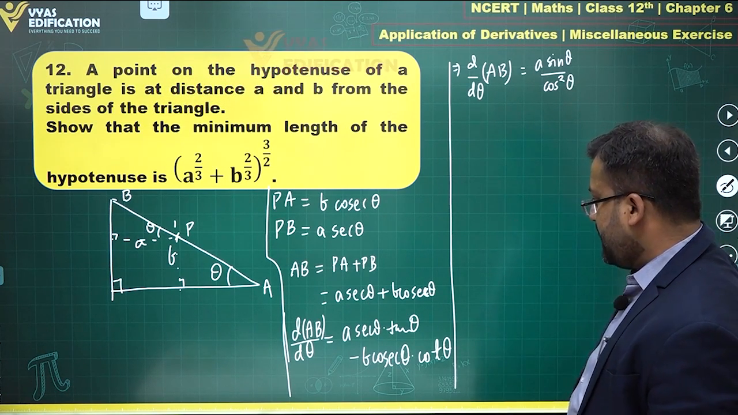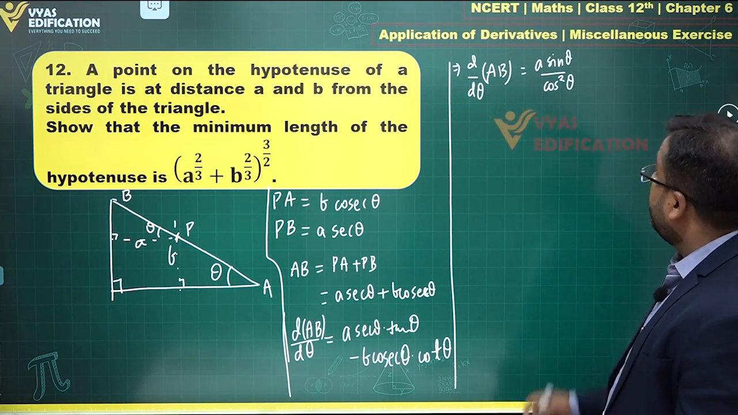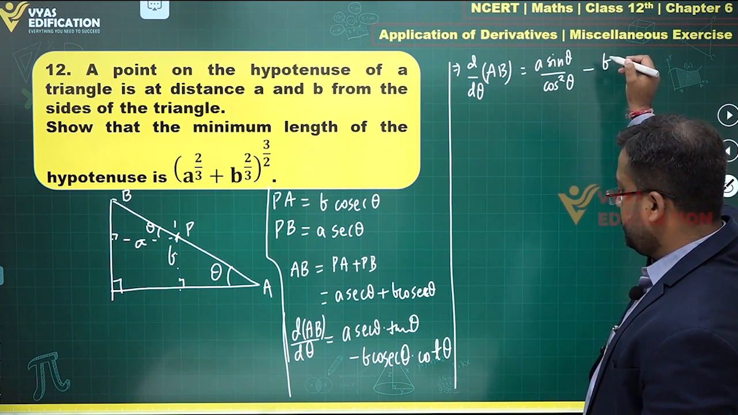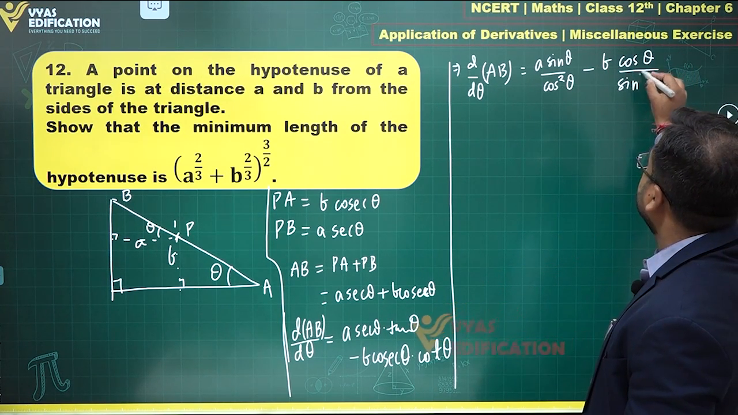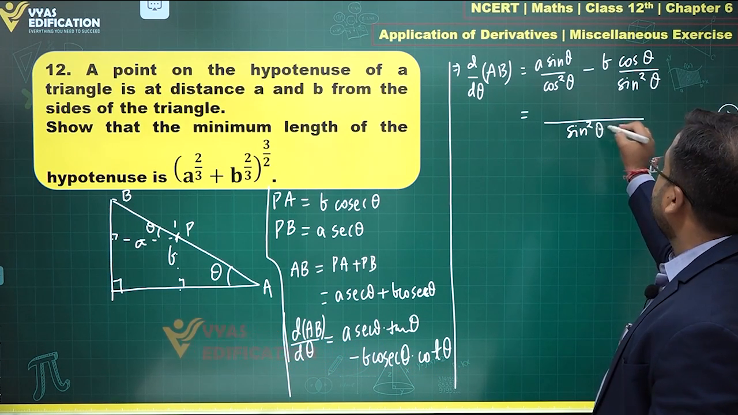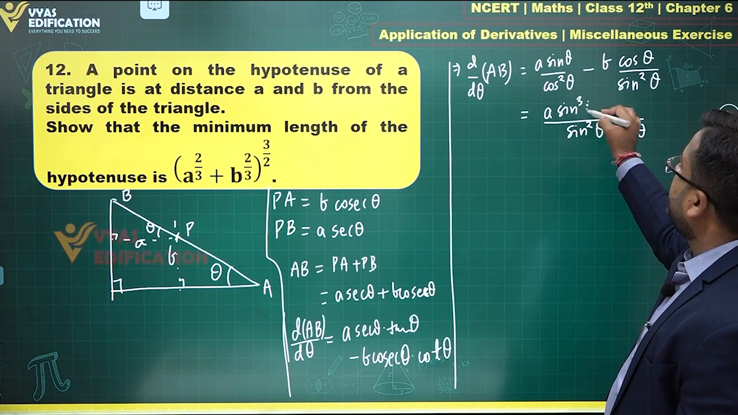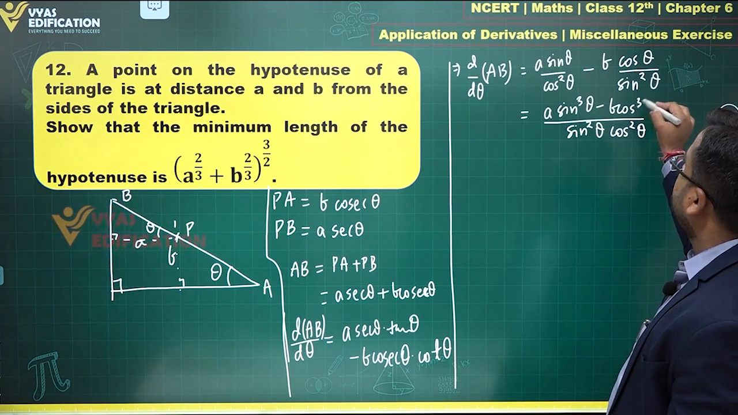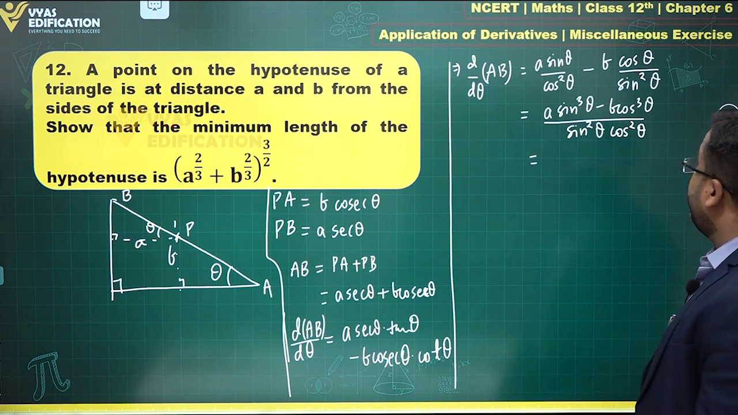Okay, and this is minus B sin theta upon cos square theta. Just a minute, this becomes cos theta upon sin square theta. And this tells me if you take the LCM, this is sin square theta, cos square theta, this becomes A sin power 3 theta minus B cos power 3 theta. What we can do is we can convert this in terms of tan, maybe dividing by B